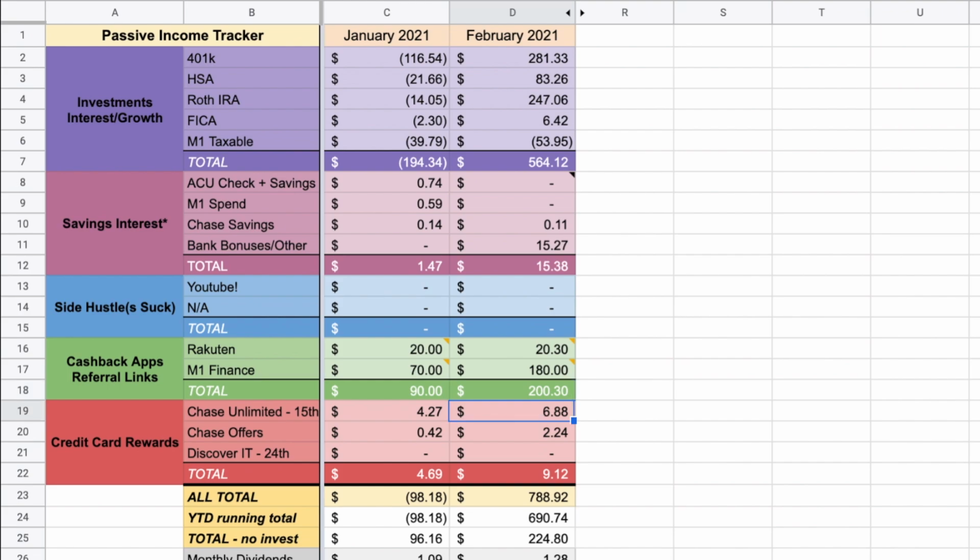Finally, the last passive or miscellaneous income I track at this point is my credit card rewards. I got $6.88 in points or cash back, and then I redeemed $2.24 of Chase offers in February as well. So in total, $9.12 in credit card rewards, which means that my passive and miscellaneous income was